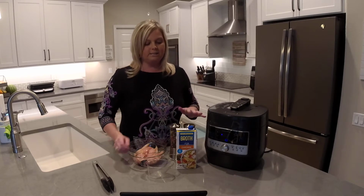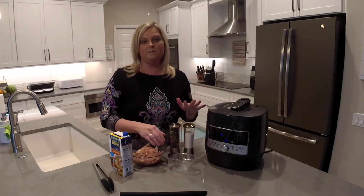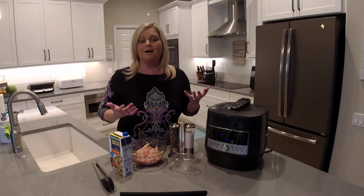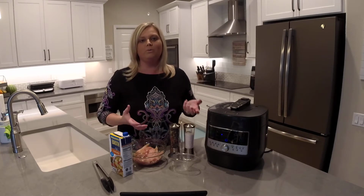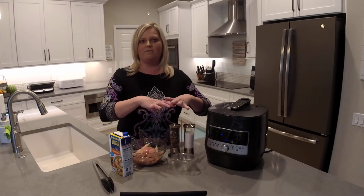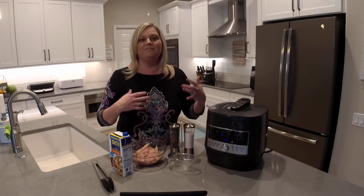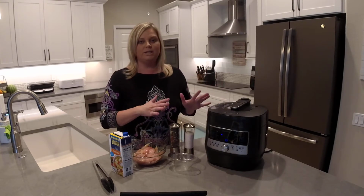So let's go ahead and get started. For the chicken, this is just your basic chicken recipe that you would use for casseroles, soups, chicken salad, anything that you would just need cooked chicken for. If you've ever cooked chicken on the stovetop, then you've probably boiled water, put the chicken in, and then when it's done, you have all that gross foam on the top of your pot, and you have to keep it from boiling over. So I love using the electric pressure cooker because you can just put it in, set it,